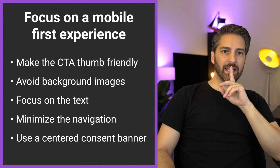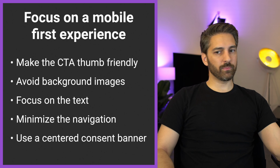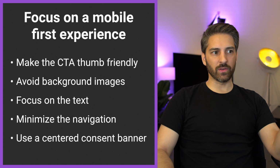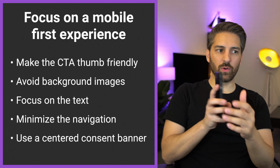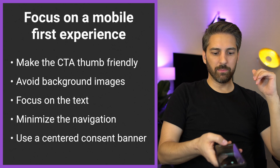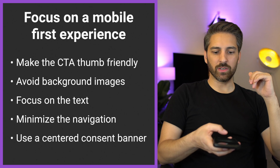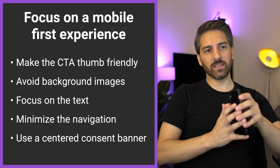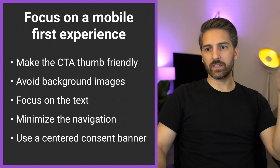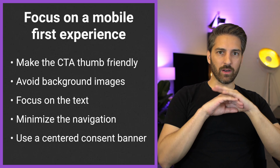And I always say that you should put your call to action button in a thumb friendly way. Yeah, so you have your mobile device here. If you hold it like this, you know that people are having their thumbs not at the very bottom, not at the top, but like in the lower third. And this is where I would put your call to action on a mobile view of your website. Then on mobile,